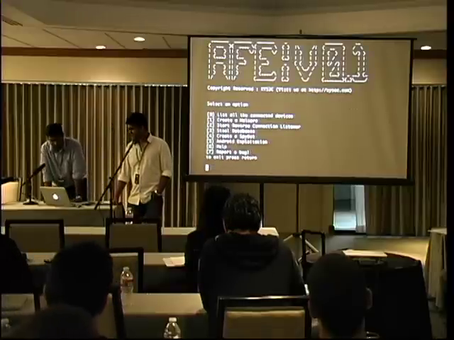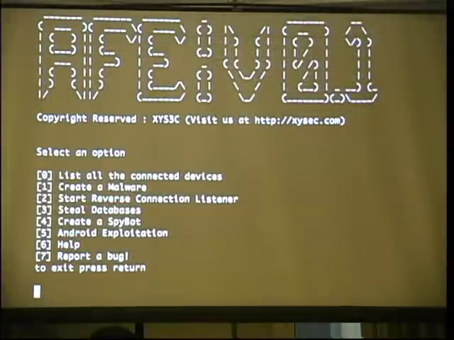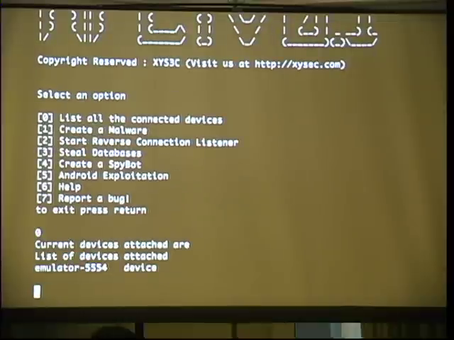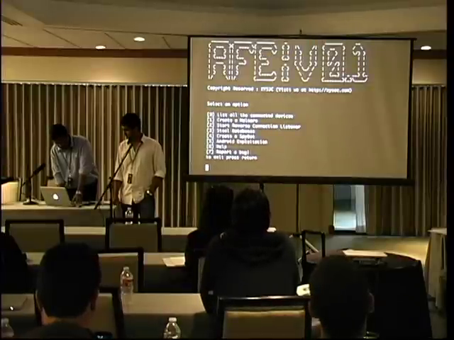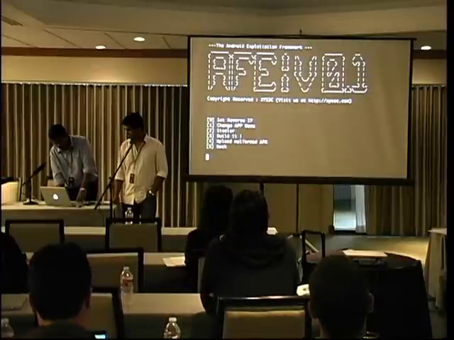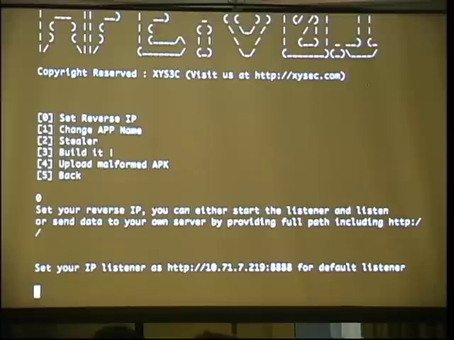All right, so it's a screen like this with all your options over there. It's like your menu. You can just choose whatever you want to do. So right now I can list all the devices, and my emulator is up and running. For example, if I want to create a malware, and I don't have prior knowledge of how to create one, I can just press 1 to create a malware, and then I can set a reverse IP.